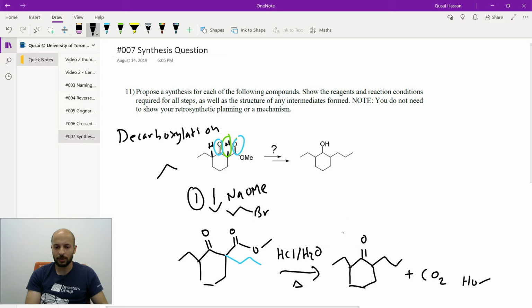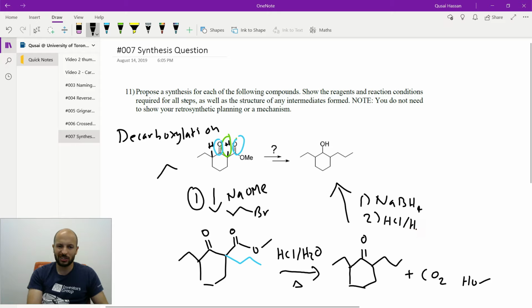Now the last step. Now you want to get to the product, right? And this is easy. All you need to do is, in the first step, add NaBH4, which is our reducing agent. And then in step 2, you want to add some water, or you could also add some acid because you just want to protonate the alkoxide group that's going to form, right? So you could just add some HCl and water,